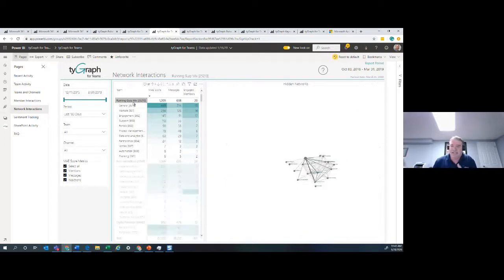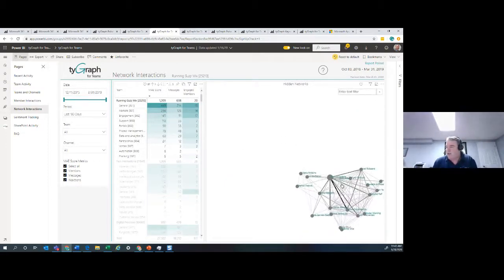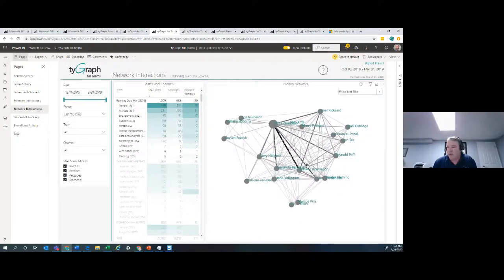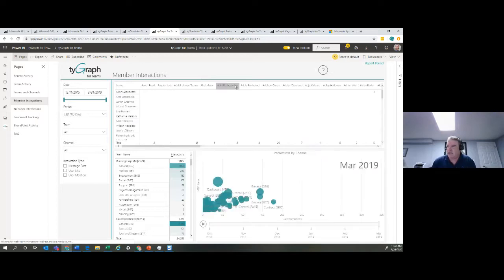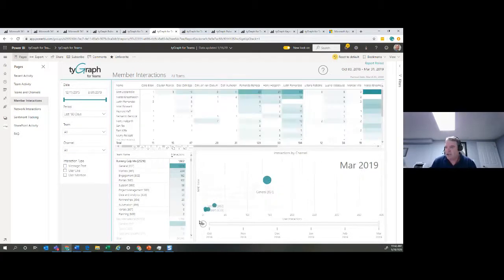I can look at a particular team and its channels and see how they're behaving. This one looks pretty healthy. You have this kind of web effect where a lot of people are interacting with a lot of people. There's no one person, even though some people are producing a lot of content. They're behaving as very much a cohesive team. We compare that to, say, a bar chart, where we're basically just looking at the telemetry. It tells a different story. In this one, I'm seeing who's reacting with whom, but I'm not seeing that team effect. So playing those out is a really good way to do it.